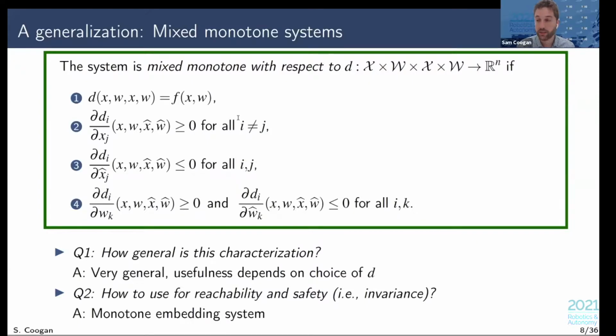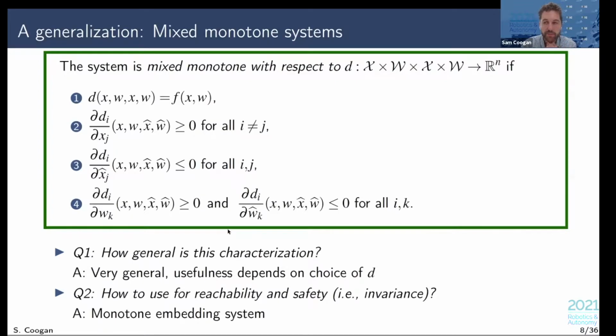This is just like in the monotone case, for all i not equal to j. This is just like the condition in the monotone systems case. The third condition is that if I take this derivative with respect to the second state argument, which we'll denote with hatted variables, x hat, this needs to be non-positive, this time for all i, j. And then we also need to have an ordering relationship with respect to the disturbance inputs w and w hat. So we need the partial derivatives of d_i with respect to w_k to be positive, and the partial derivatives of d_i with respect to w hat_k to be non-positive for all i, k. And these conditions generalize the idea of monotone systems theory to allow for both increasing and decreasing components in the vector field f. And the decomposition function d captures all of these effects